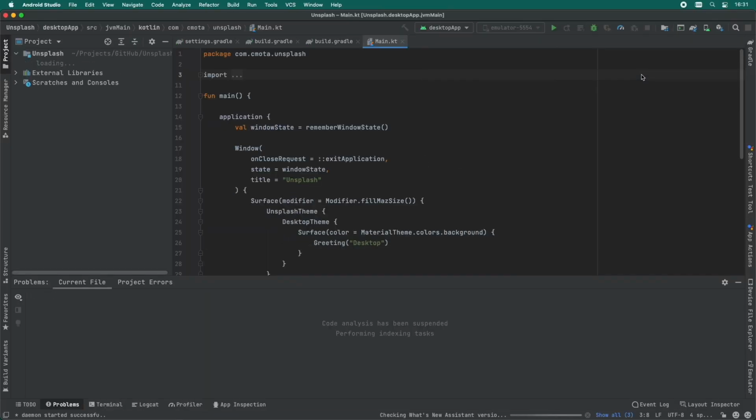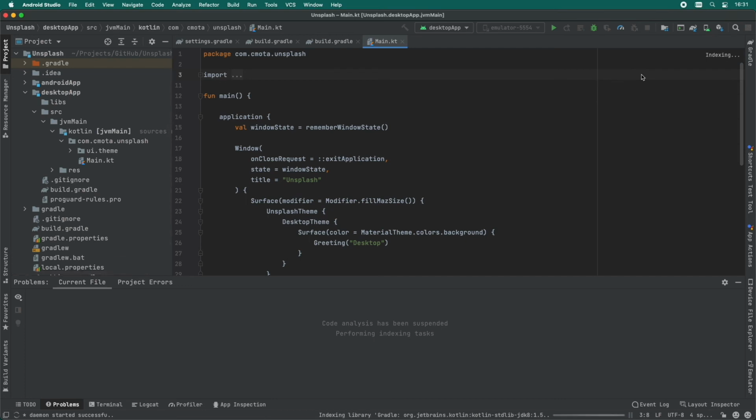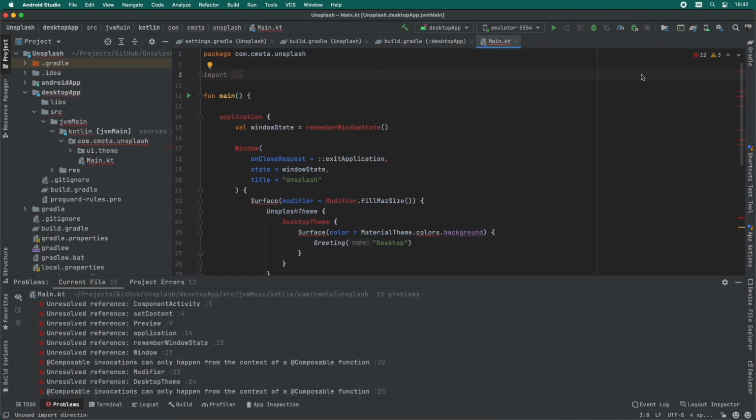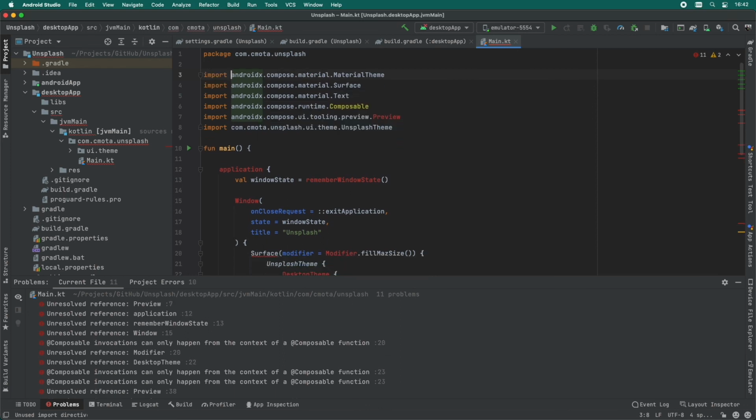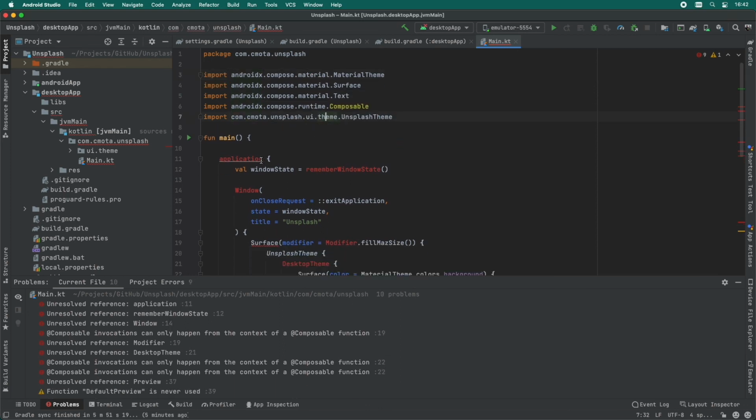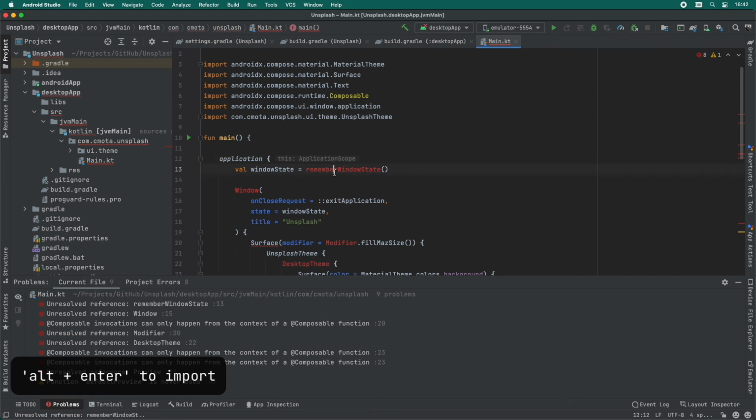It's synchronizing, still synchronizing, indexing, and it's on. Now it recognizes that we're missing this import, we're importing things that belong to the Android. So let's just click on Alt Enter and import all of these functions.